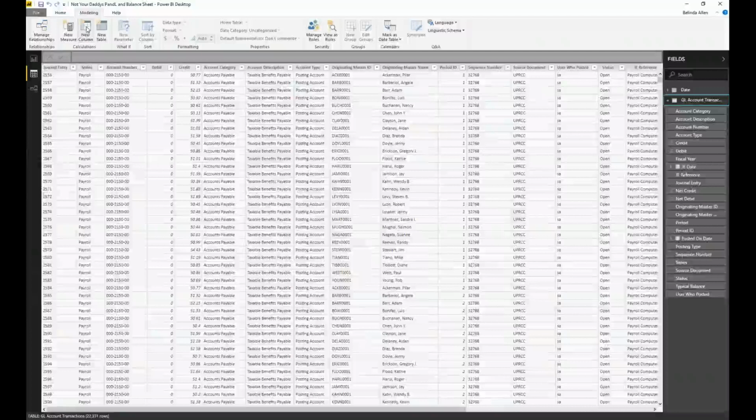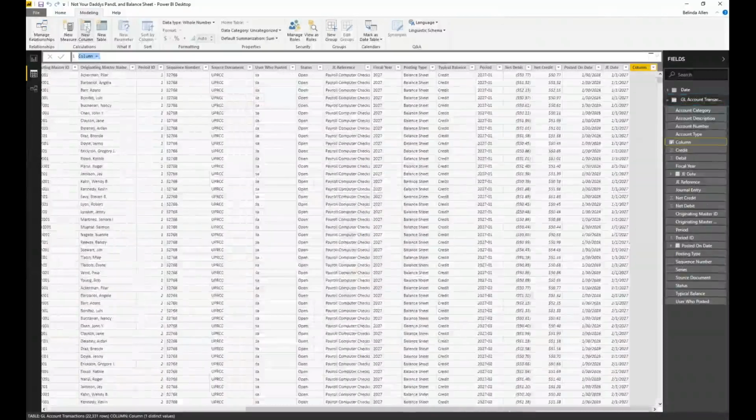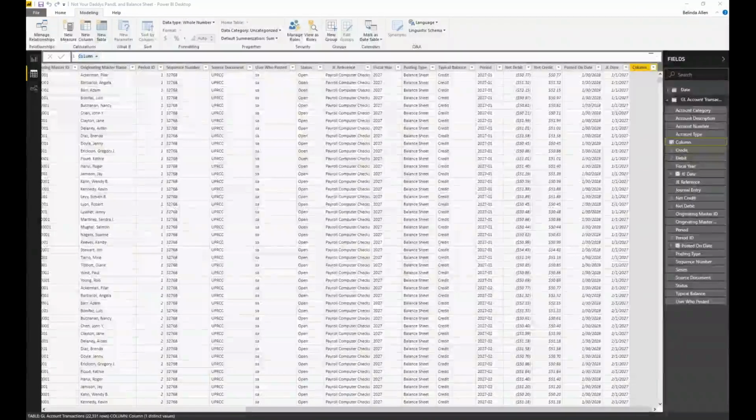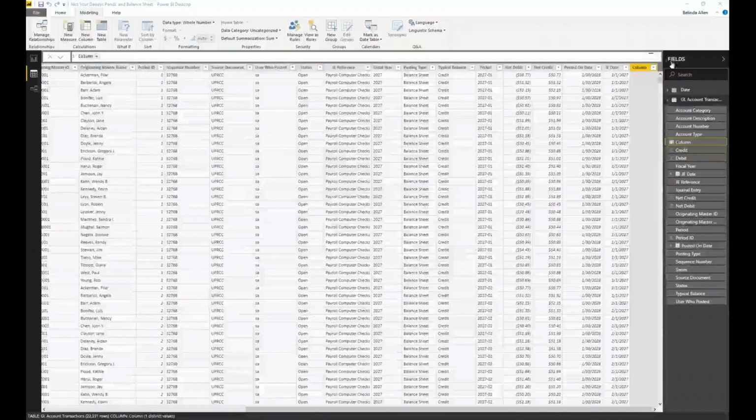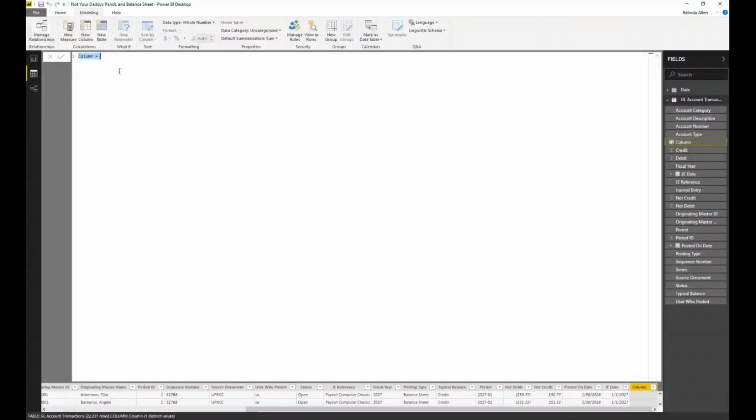So I'm going to come up and just say add a column, and I'm going to start with my asset column, and I'm just going to minimize this to make it easier for you to see, or maximize it. The column name here will be called assets. Okay, so here's my assets.